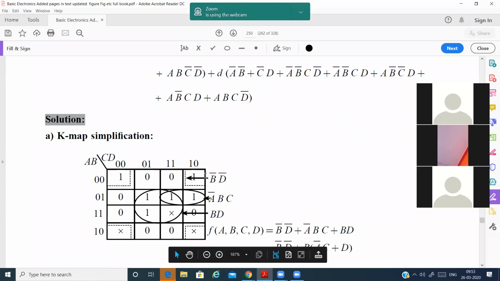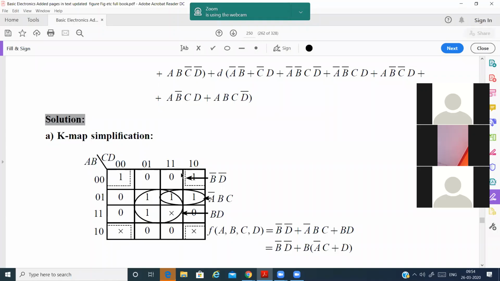See, this dotted line indicates these are all the groups. This is one group and this is one group. Again I cannot group them. Now just check, is there any possibility of grouping again? While grouping, they should be either the neighboring ones, or they should be corner ones, or they should be at the middle ones.